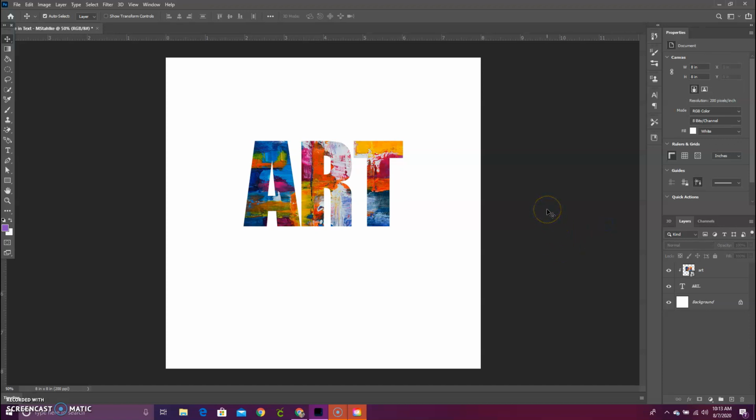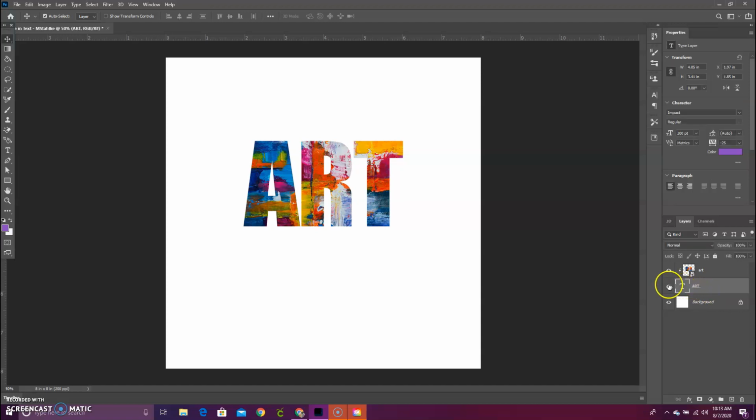Now we are ready to move on with just a little fun thing you can do with your text. We are going to talk about the outline and then a little drop shadow beneath your text. So over in my layer area here, I am going to go to my text layer. You'll see the big T there. I am going to double click